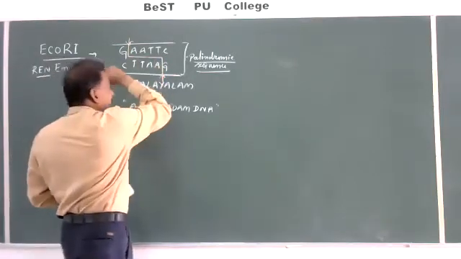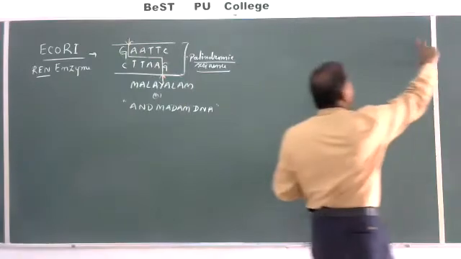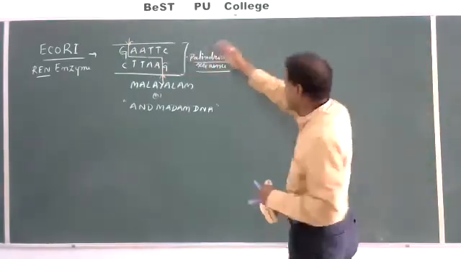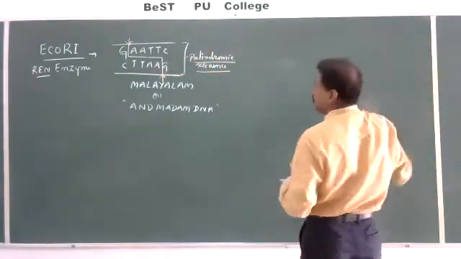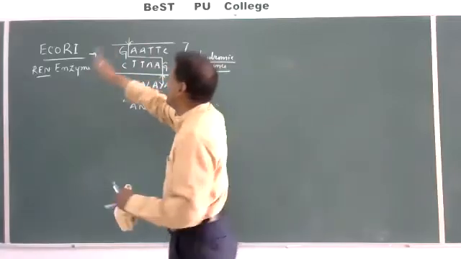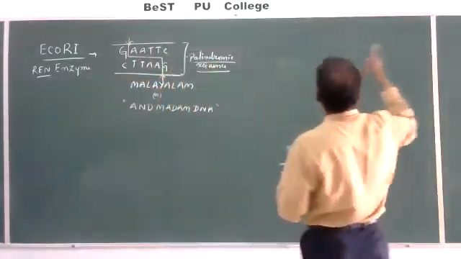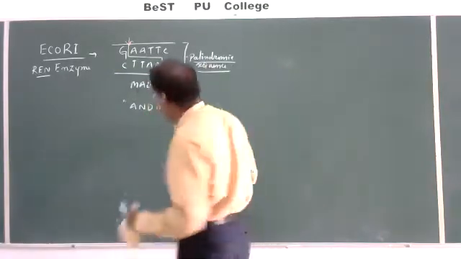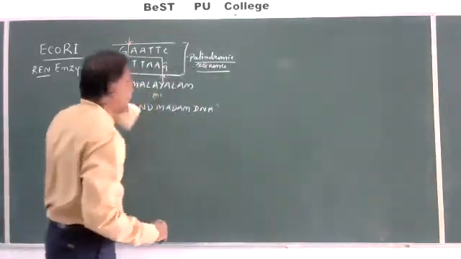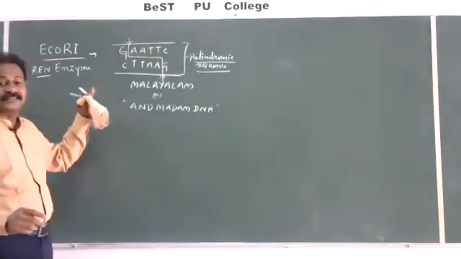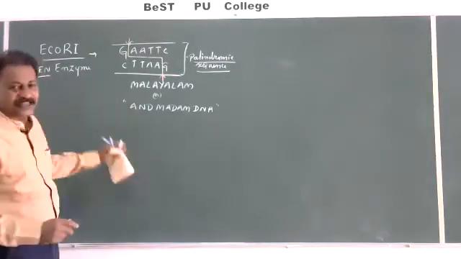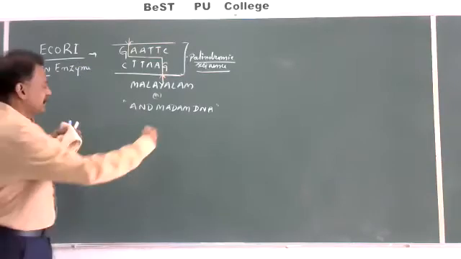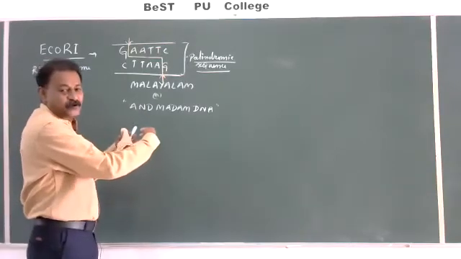If the DNA is a long molecule and such sequences are present in it, when we apply this enzyme, it goes on cutting, so the DNA will become fragments. That's why they are called restriction endonuclease enzymes. And its action we have prepared in the last class. One recombinant DNA I have shown.